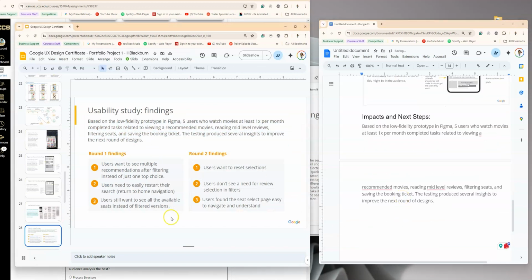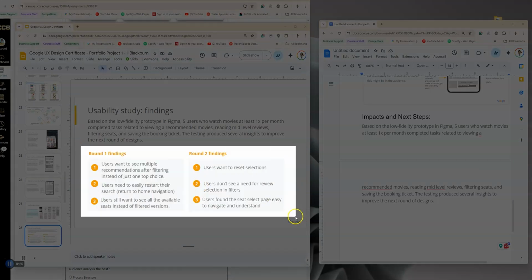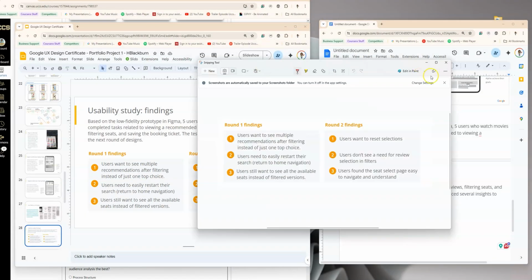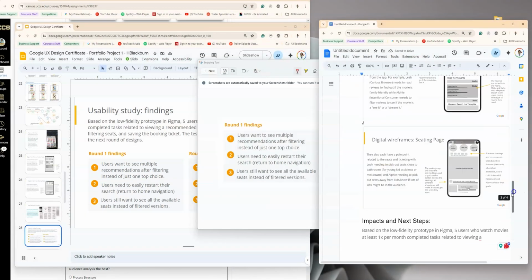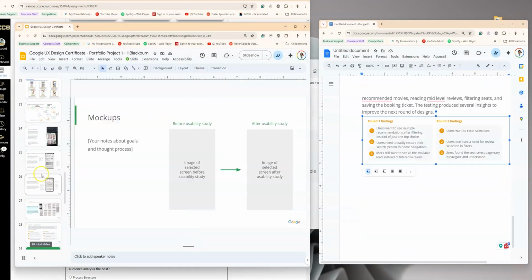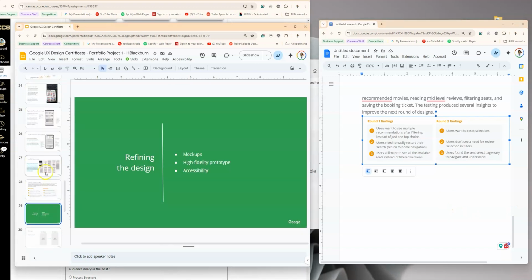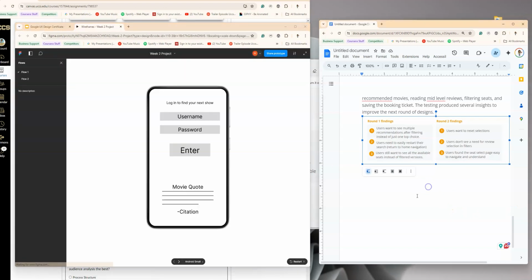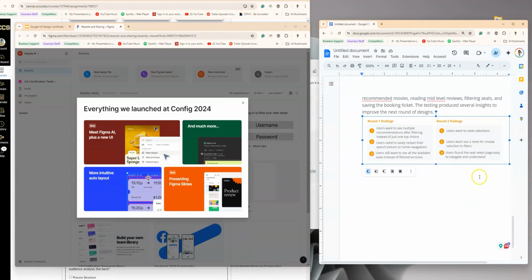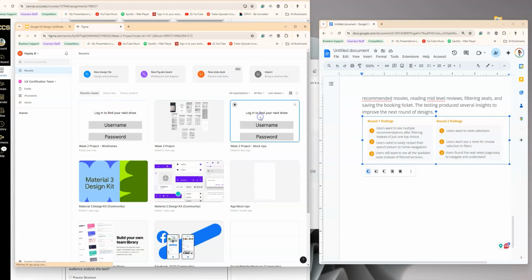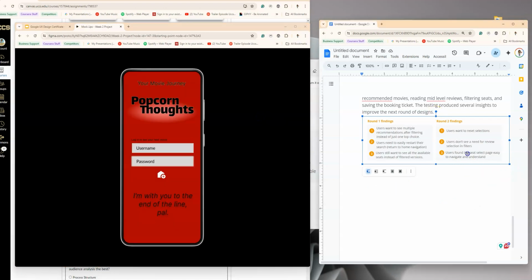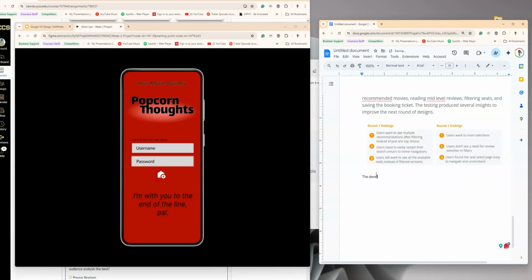I also had to do some usability studies on my mock-up, and so all that information I'm just dropping into here since I already did all of that work. I'm just going to go ahead and reuse it in this new medium. As you're planning and creating your prototype, you also need to make some renderings, visuals, to make sure people really understand what it is that you are